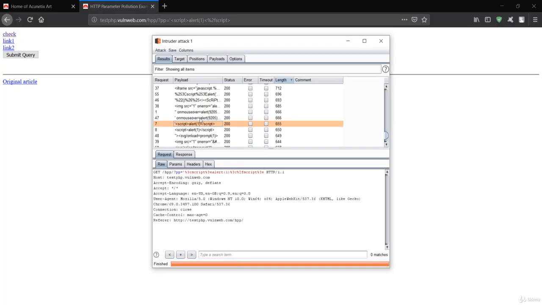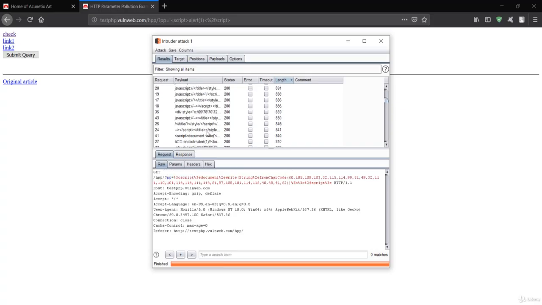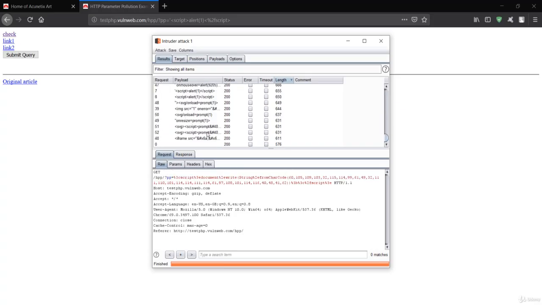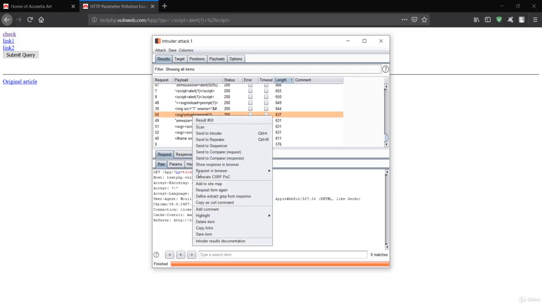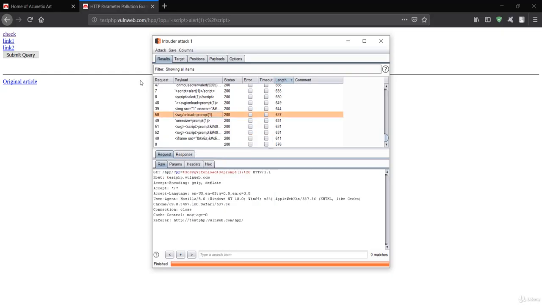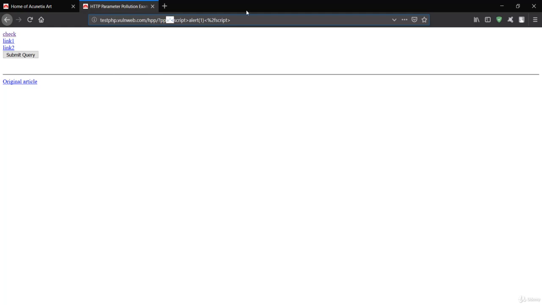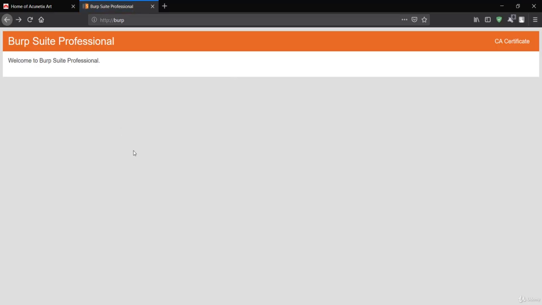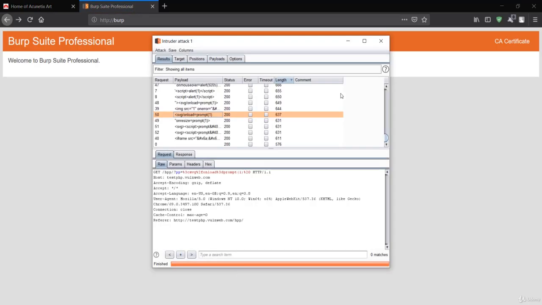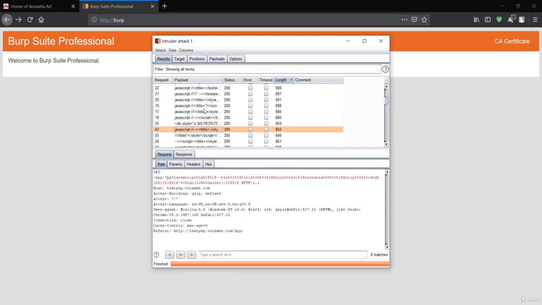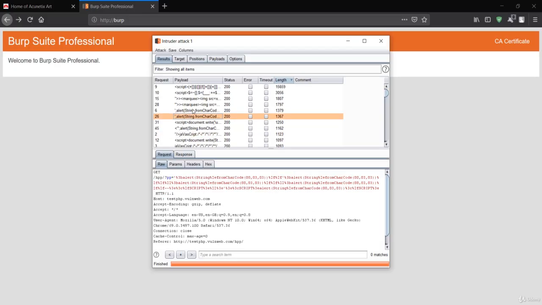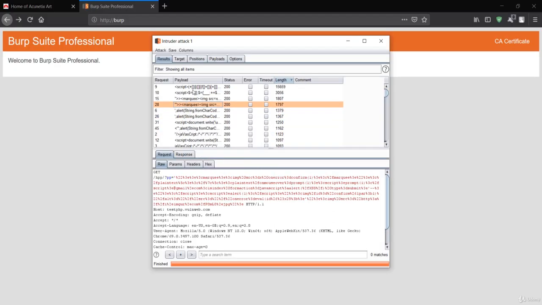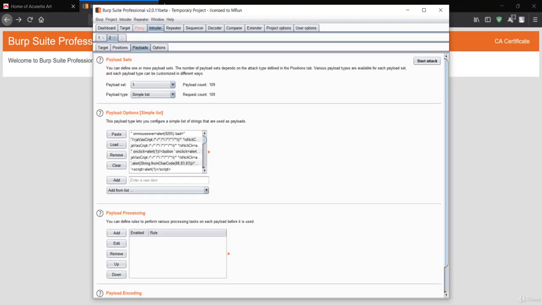So let's see some other one, and I'll just go for maybe the simple tag, or we can go for maybe this one. Let me see the response in the browser, paste and go, and again this has not been reflected. So that means we failed to get some of the important parameters here. So you can check all of these, but I'm not wasting any more time on this because I want to test another parameter now.